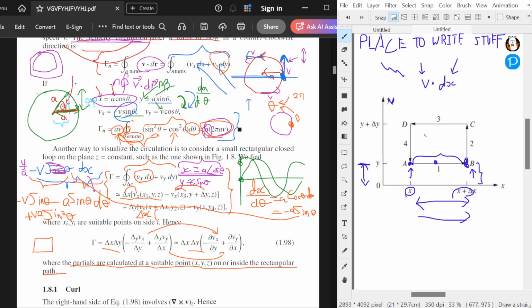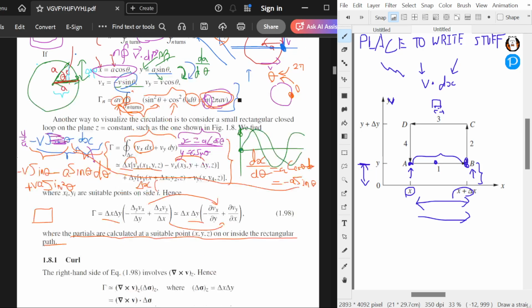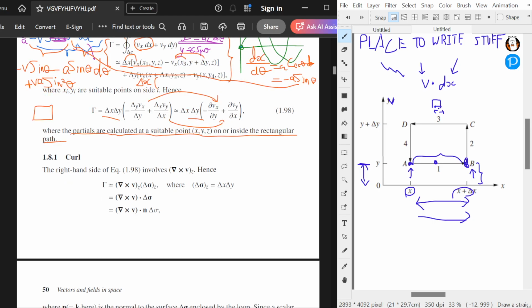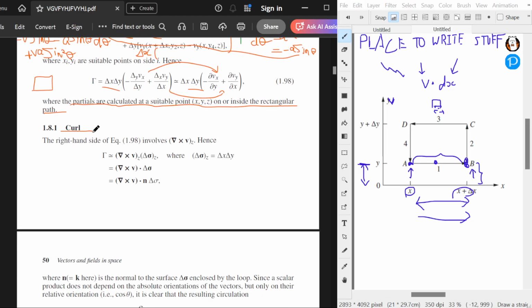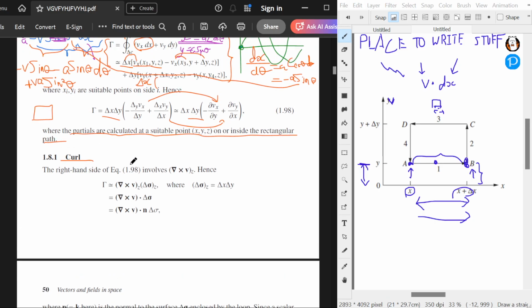I guess at the end of the day, this is really, really small. So I guess the middle, like if you shift it to the left a little bit and to the right a little bit, it doesn't really matter, I guess. Cool. The right-hand side of equation this involves this. Hence,